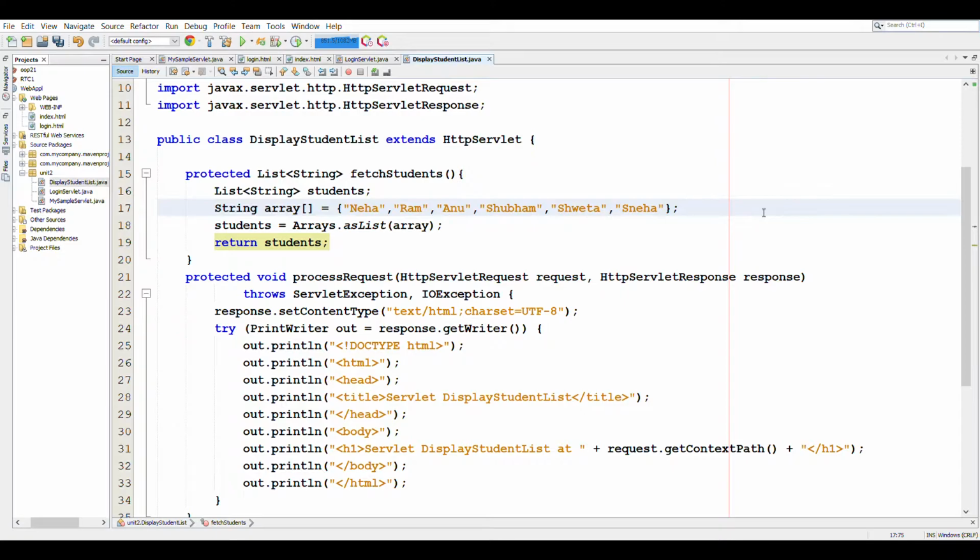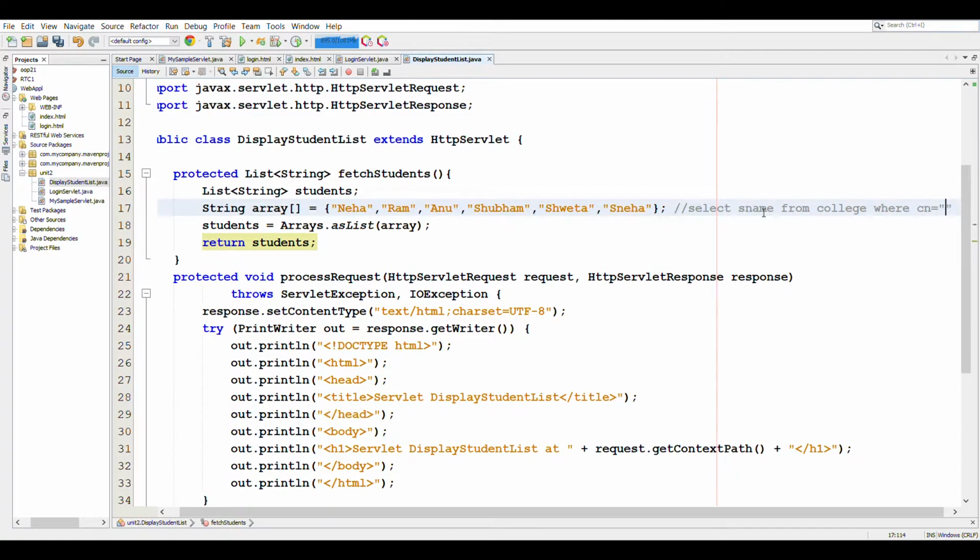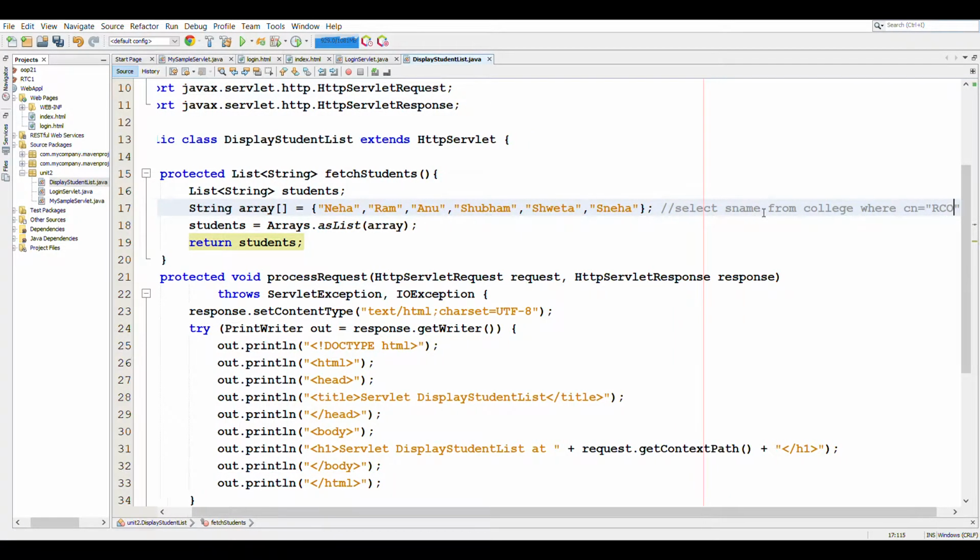I have hard coded the student names here, but we can fetch these names from a database by querying about the college name. So maybe if we have some table college or some table of students, then we can write a query to select student name from college where the college name is RCOEM, or whatever data we have passed.